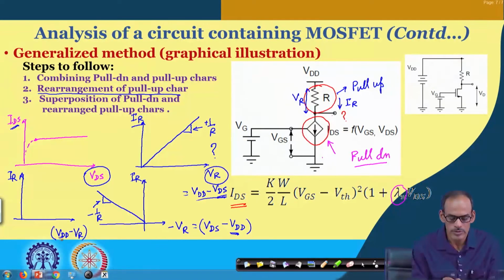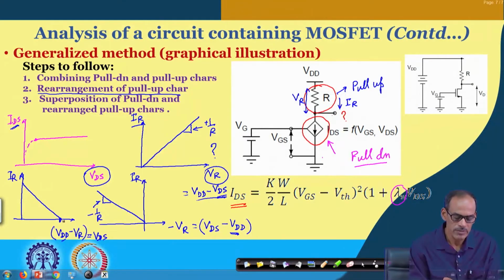That of course becomes equal to VDS. Now if you plot this characteristic it is getting shifted by VDD amount to the right,